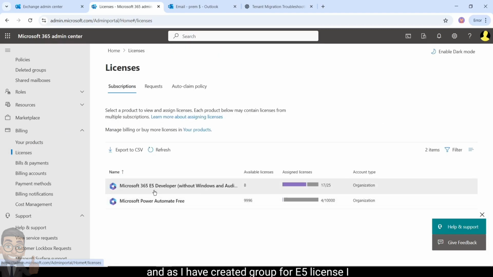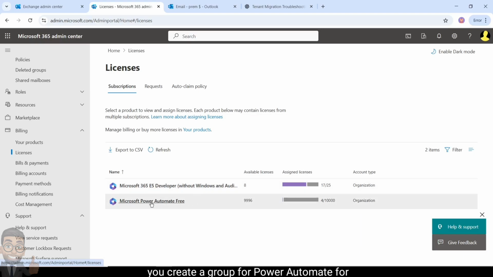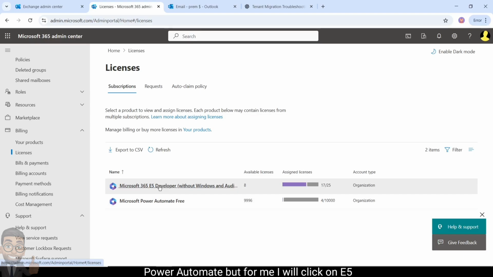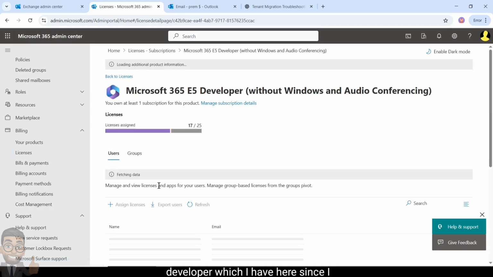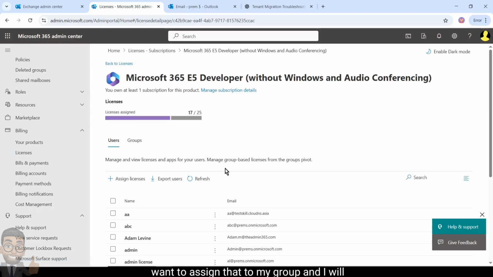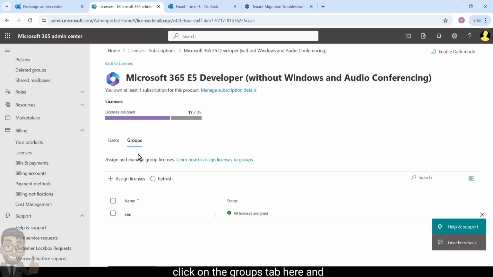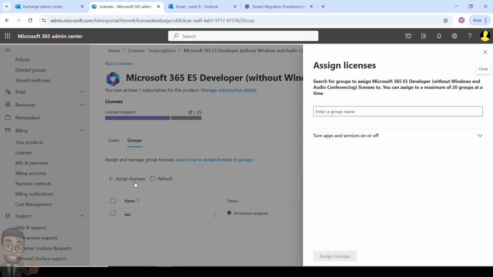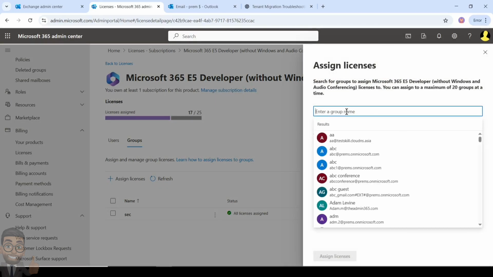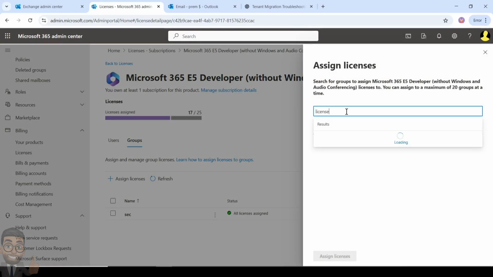And as I have created a group for the E5 license, I will go to the E5 license. If you create a group for Power Automate, for example, you will have to click on Power Automate, but for me, I will click on E5 developer, which I have here, since I want to assign that to my group. And I will click on the groups tab here, and then click on assign licenses. Enter the group name which I have just created,